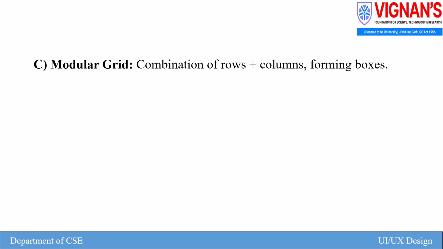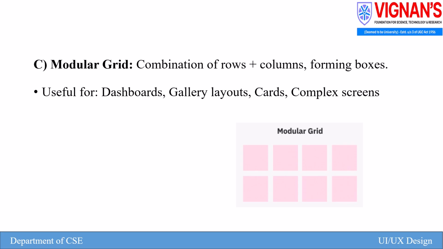Next is modular grid. It is a layout system that combines rows and columns to form multiple boxes on a screen. Modular grids are commonly used in dashboards, gallery layouts, card-based designs, and complex screens. The main purpose of a modular grid is to manage multi-section layouts while keeping the design clean, balanced, and easy